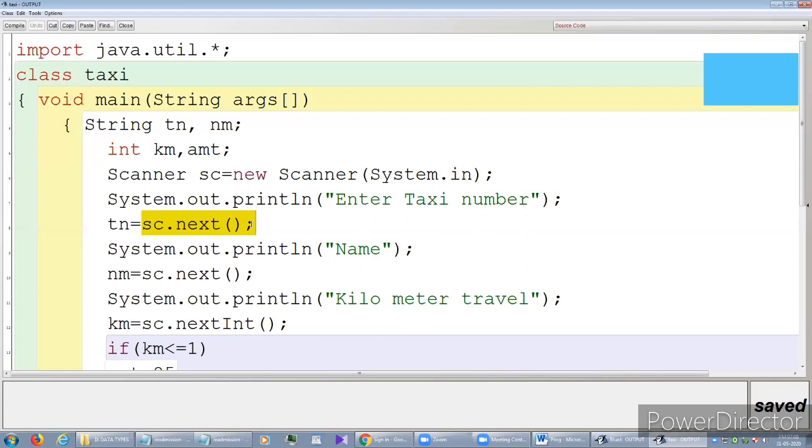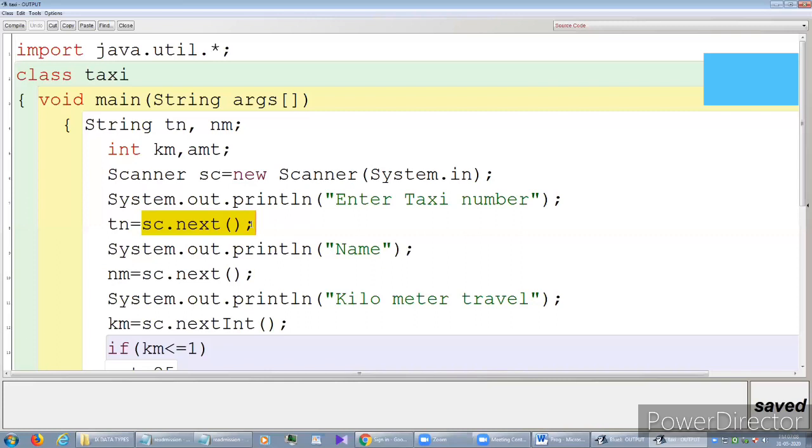Three types of system are available as per the ICSE syllabus. We're dealing with two: one is System.in, another one is System.out. You know about System.out, and println is a method. With the help of System.out we are printing anything.